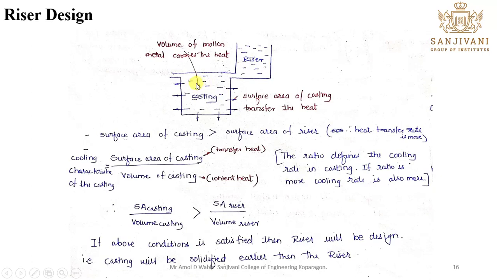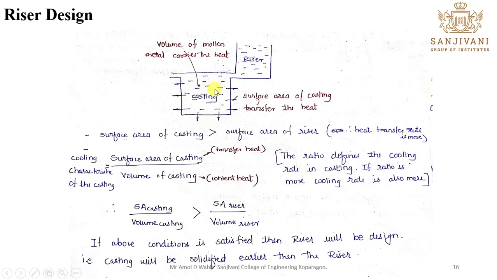If the molten metal in this cavity cools first and then the riser molten metal cools, then and only then can you achieve this condition. So if you see the cooling rate of the casting, or the cooling characteristic, whatever the volume of molten metal present in this space,